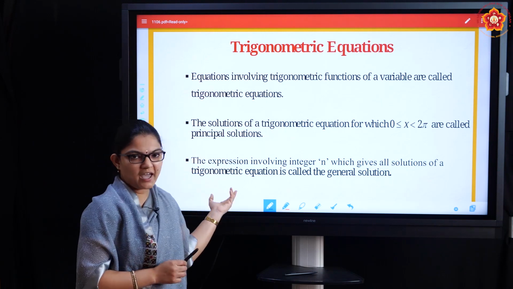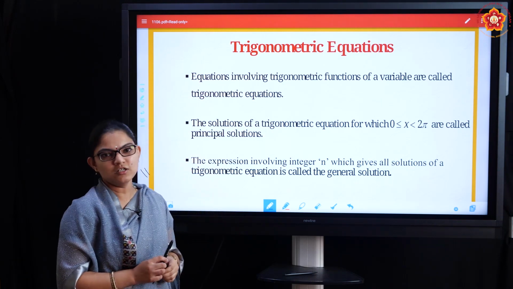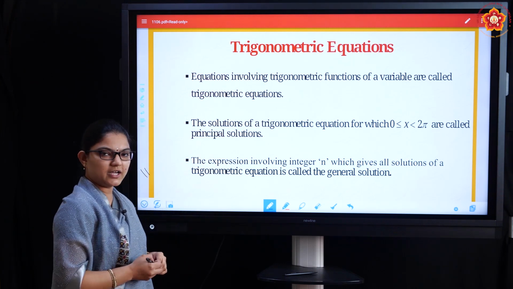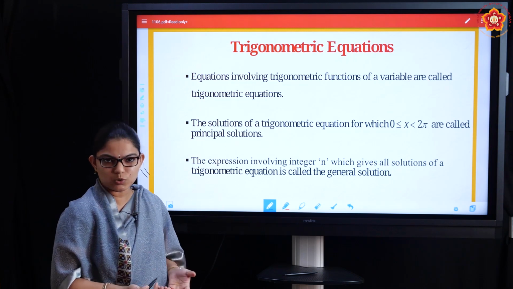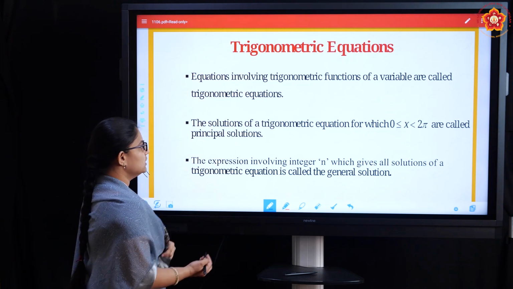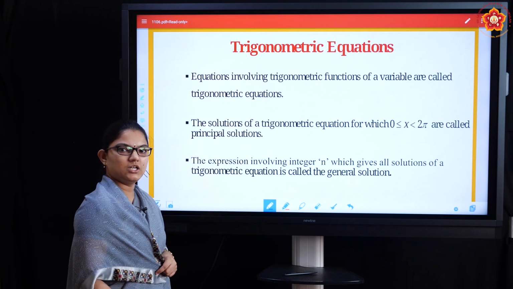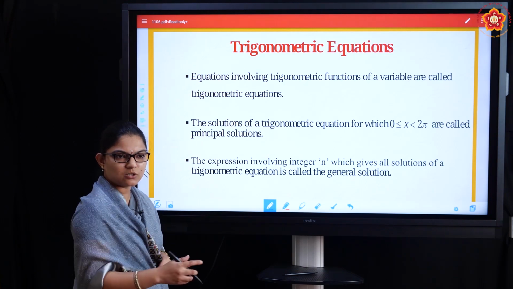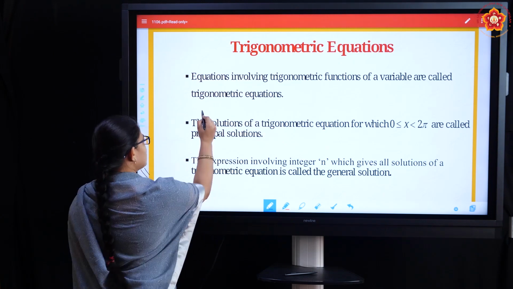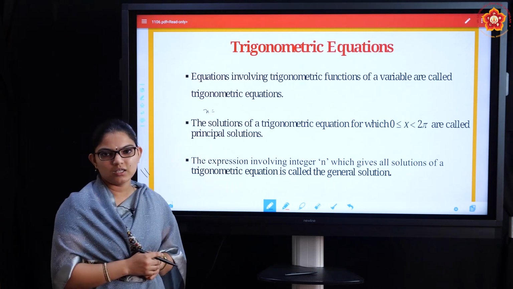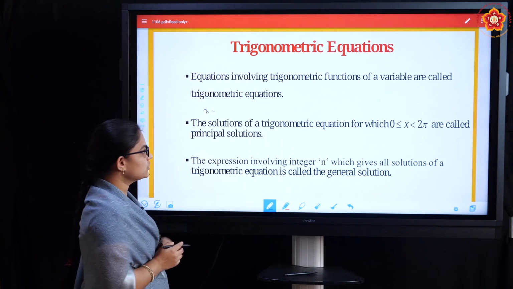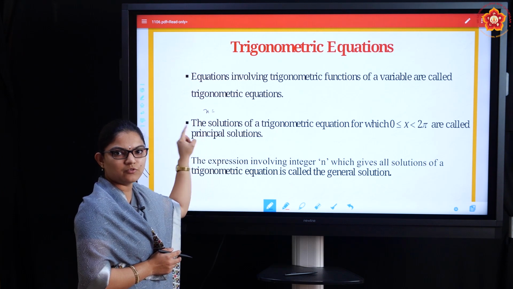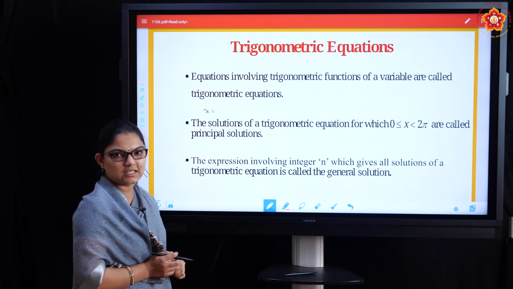Now if we have any equation, we can talk about its solutions, that is, finding the solution of an equation. So what do we mean by finding the solutions? We are finding the x value that satisfies that particular equation, that is, finding what x is equal to. Here x refers to the angle, so we are finding the angle for which that particular equation is satisfied.